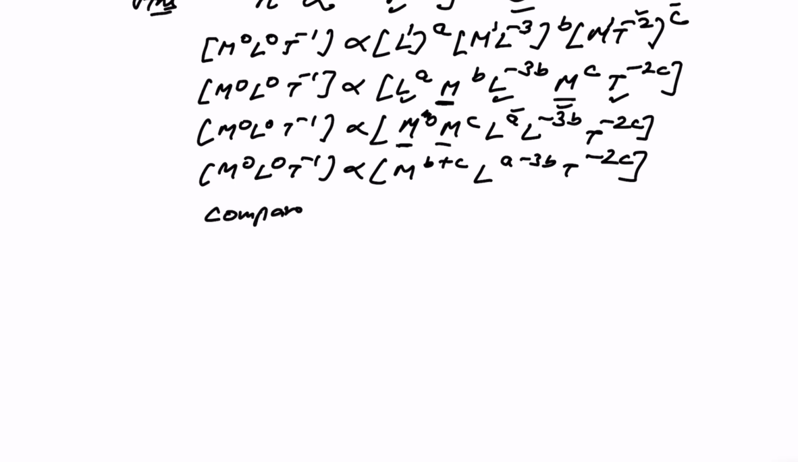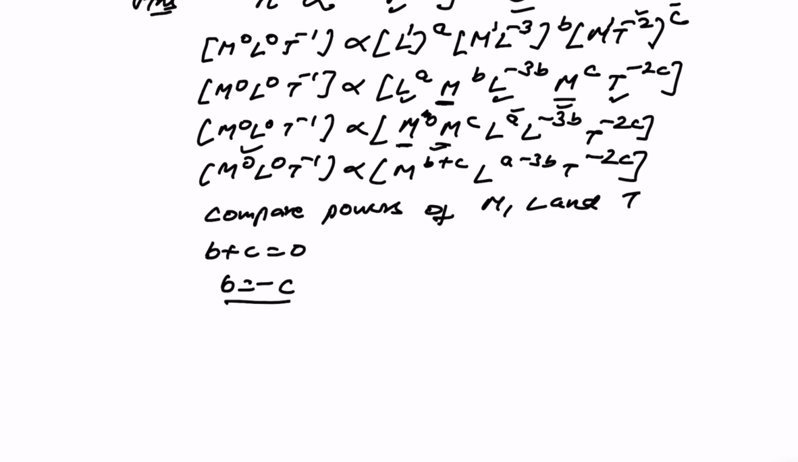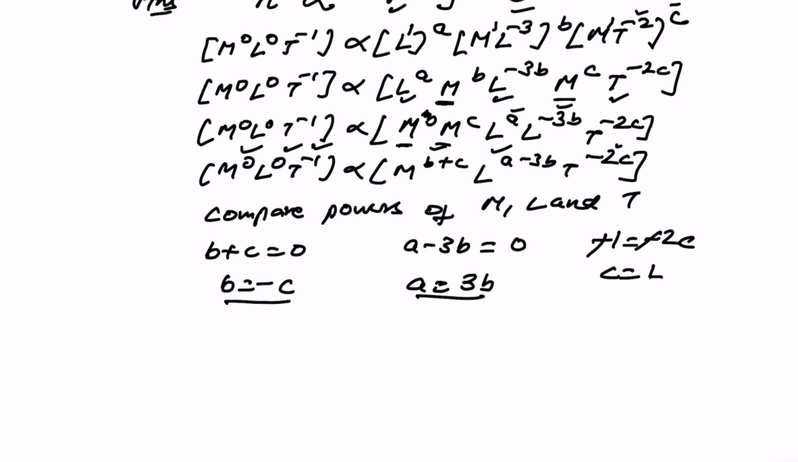फिर अगले स्टेप में हम क्या करते हैं, कंपेयर करते हैं। कंपेयर द पावर्स ऑफ M, L एंड T ऑन बोथ दी साइड्स। अब यहाँ पे M की पावर कितनी है 0, यहाँ पे कितनी है b प्लस c, तो b प्लस c कितना हो गया 0, तो यहाँ से मैं b को -c भी लिख सकता हूँ। इसी तरह आप L की पावर को कंपेयर करो, यहाँ पे राइट हैंड साइड में a -3b है, यहाँ पे कितना 0, तो यहाँ से मैं a को क्या लिख सकता हूँ 3b। और लास्ट जब T की पावर कंपेयर करें, यहाँ -1 है, -2c, तो -1 हो गया -2c, तो c हो गया 1/2।